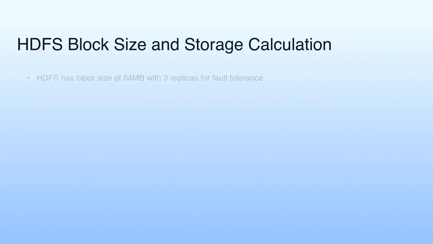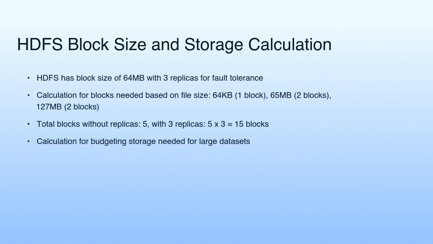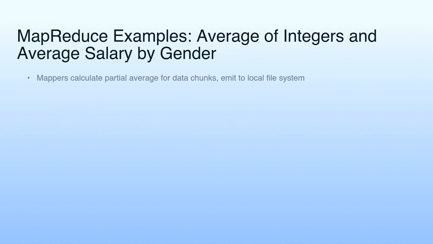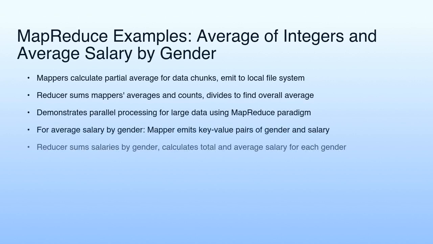It then delves into the intricacies of HDFS block size, set at 64 MB with 3 replicas for fault tolerance, and demonstrates how to calculate the number of blocks required for a given file size, essential for budgeting storage needs for large datasets. Moving on, the video illustrates the power of MapReduce through examples, including calculating the average of